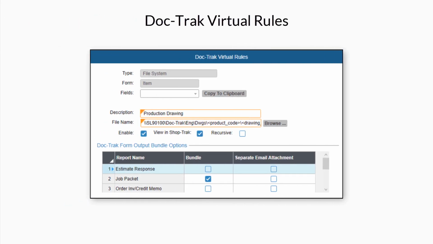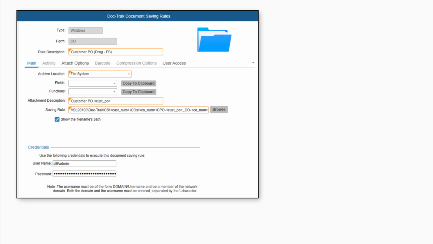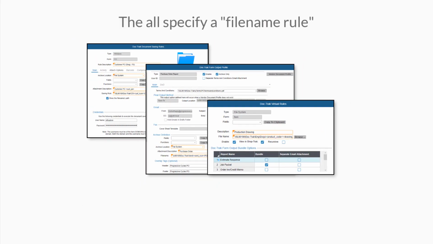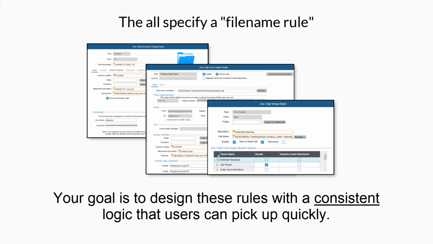And DocTrack Virtual Rules that dynamically search for existing files that meet certain search criteria. There's one thing that these tools all have in common. They specify a file name rule that you create. And your goal will be to design these rules in a way that conforms to a consistent logic that your users can pick up on quickly.